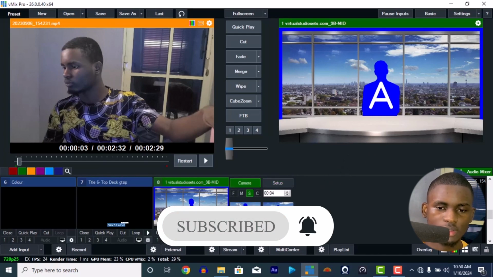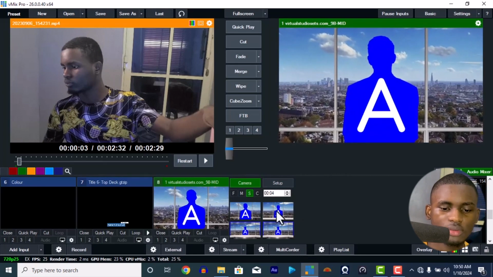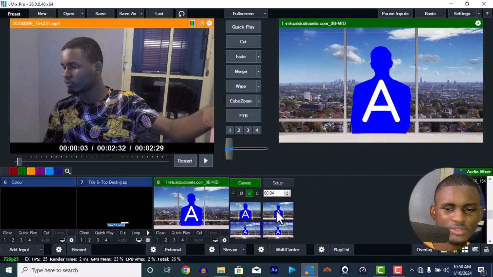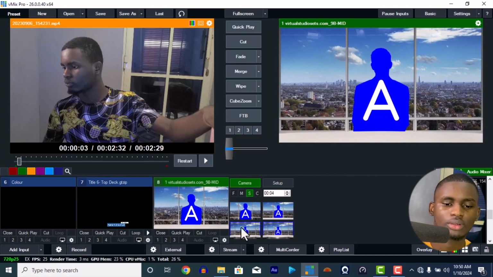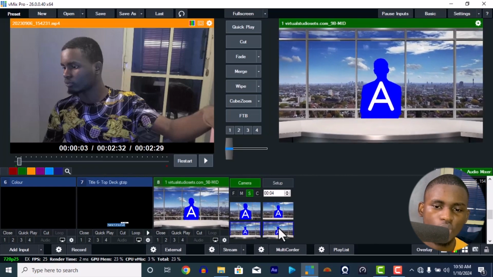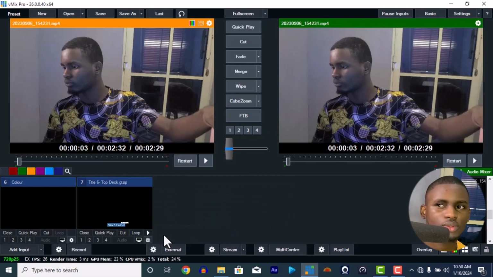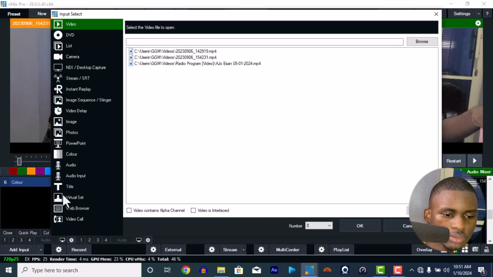Then we have cameras. You can zoom in if you want only the person preaching to talk about. You zoom a little bit out if the person is interviewing another person. You zoom a little bit further, and like that. This is further still. So just depending on your creativity, you put it that way. Then we have another one,